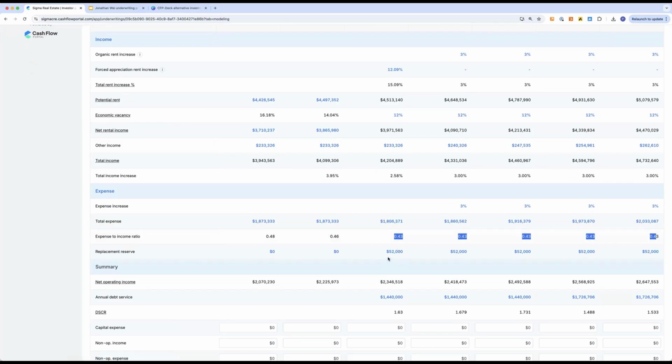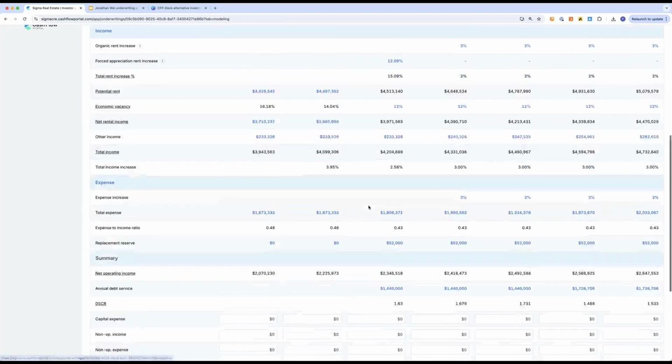I see my replacement reserve is this amount, but if I want to question that assumption, I simply click into it. So a second tip is everything starts at modeling. Modeling is the end state. If you're confused how numbers came about, go to modeling and click into the numbers that don't make sense. Which is really cool.